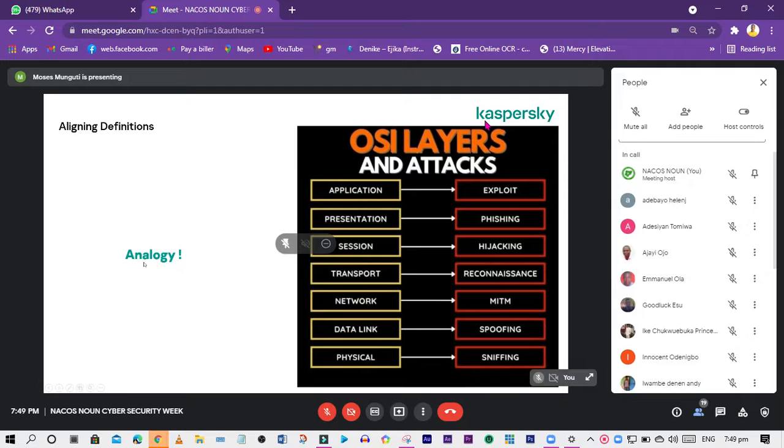But again, since we are here, we can just quickly have an analogy so that I can explain the next set of terms that we will be looking at. So the analogy here is, let's say for example,